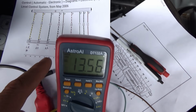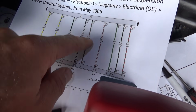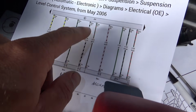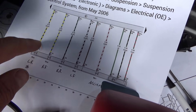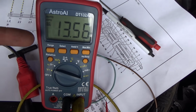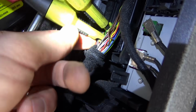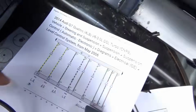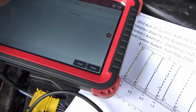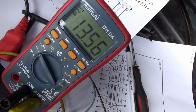So right now it's high, and that means this wire right here must be a power feed coming from the module, and then these are ground side switched. So right now everything's at battery voltage, or the charger's at 13.5 volts. So this wire is the yellow and black. That's this one right here. So left rear, I'm going to hit start, and we'll see if